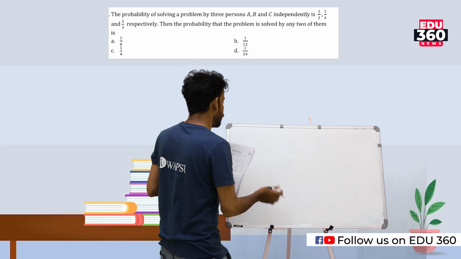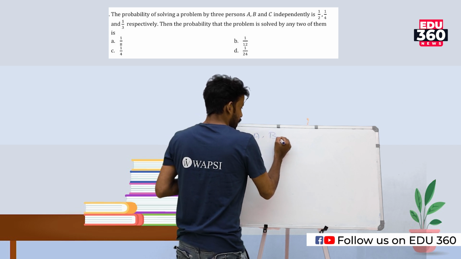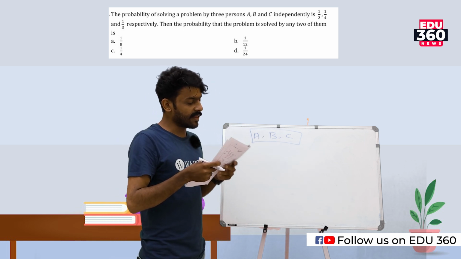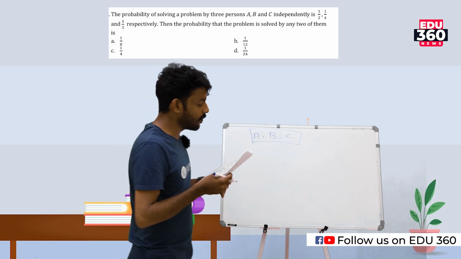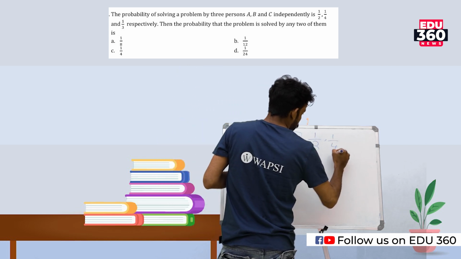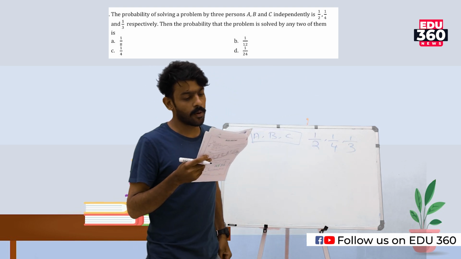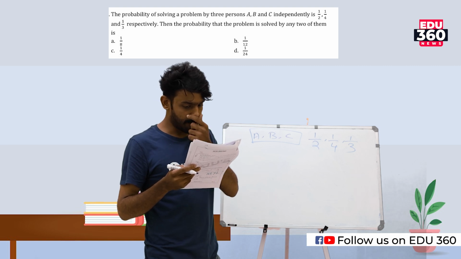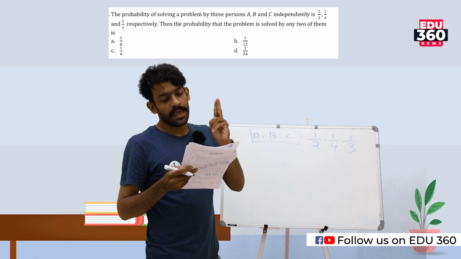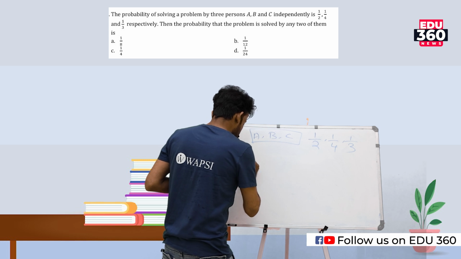So the number of persons is 3, that is A, B, C. And it's given that the probabilities are 1 by 2, 1 by 4 and 1 by 3 respectively. Then we need the probability that the problem is solved by any two of them. Yes. So that means the required probability is,